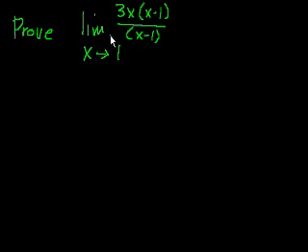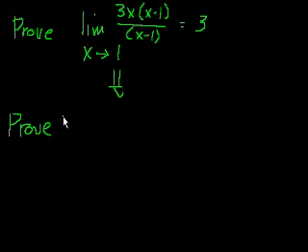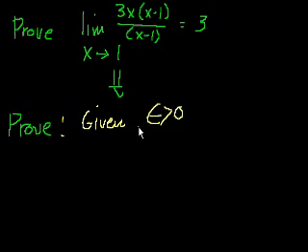But the books will say, hey, prove that this limit is equal to, well, it would actually be equal to 3. Prove that, and you essentially have to use the epsilon-delta definition of a limit. So to prove this, you're essentially proving what this means. Proving this is the same thing as proving that, given some epsilon greater than 0, and remember, that's how close you want f of x to get to the limit,